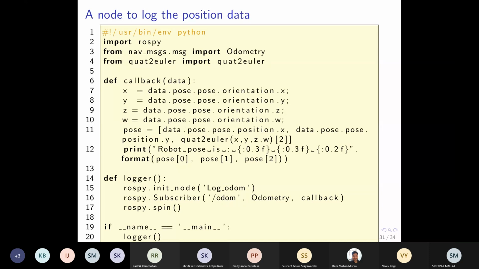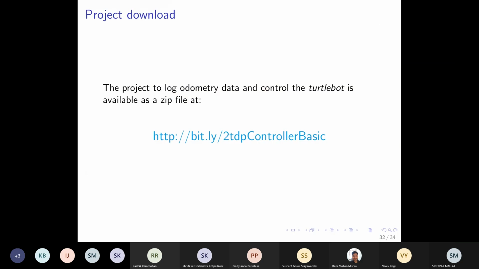So we saw two things. We saw how to control the robot by issuing control messages, as in the velocity message, which was a twist message. And here we saw how to read the position of the robot. Now we know how to get the robot's position, and we also know how to tell the robot to execute a particular velocity command, so essentially we are now ready to run our robot.